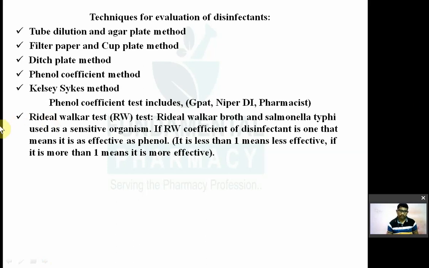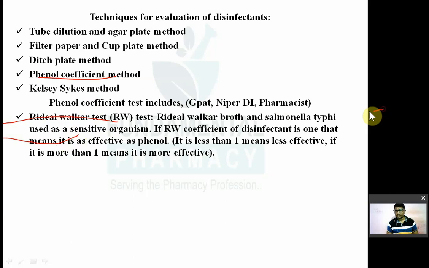What is a Rideal-Walker test? So Rideal-Walker broth is used and Salmonella typhi is used as a sensitive organism. Question इसके ऊपर आता है. Phenol coefficient method is there. So in that you have this Rideal-Walker test. So in this Rideal-Walker broth, that means medium, and Salmonella typhi is used as a